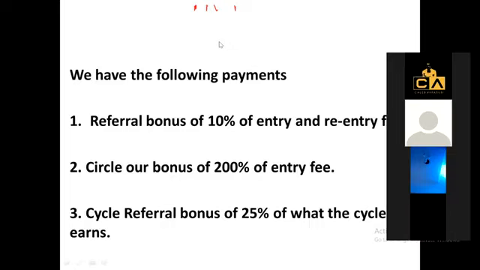Now it's $2. But when that happens and the person upgrades to $5, the money you are going to be earning grows. And the good part is this: the person you refer into the $2 plan, you become the sponsor of that person for all the boards from $2 to the end. So if you sponsor someone into $2, you remain the sponsor of that person when the person joins $5. So that person doesn't need to do another sponsorship, no, or look for another sponsor. So that sponsor is locked into that person's journey all through the cycle plan. Okay, so that's how that works.